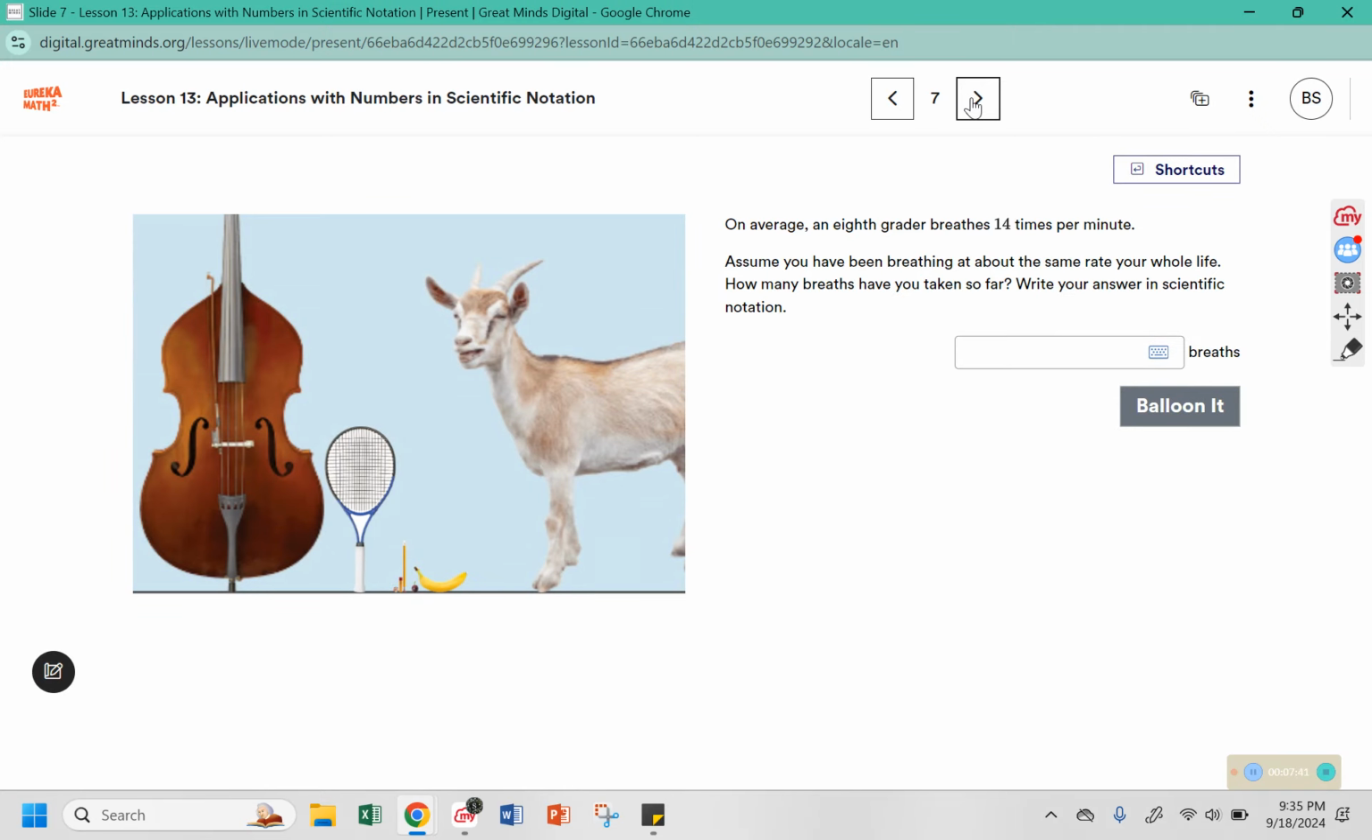On average, an 8th grader breathes 14 times per minute. Assume you have been breathing at about the same rate your whole life. How many breaths have you taken so far? Write your answer in scientific notation. Typically, 8th graders are between 13 and 14 years old. I'm going to go with 14